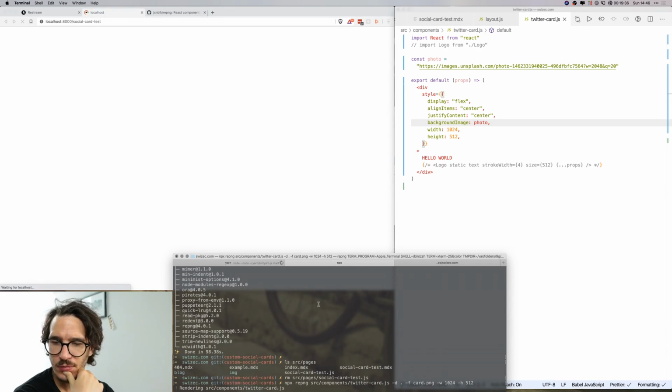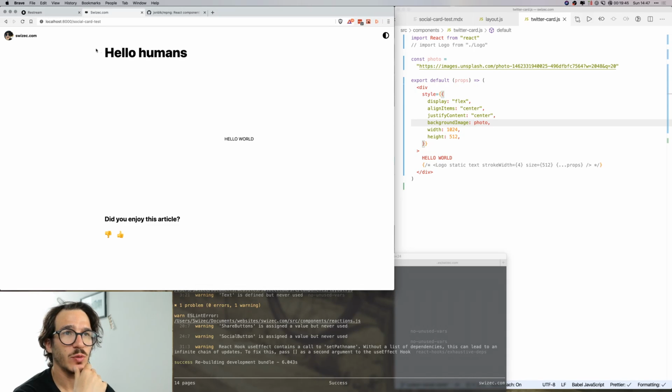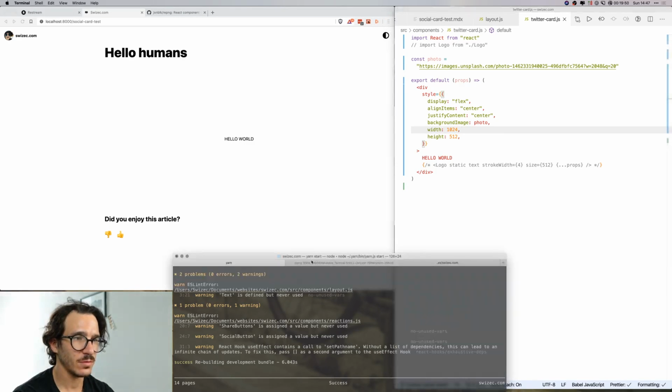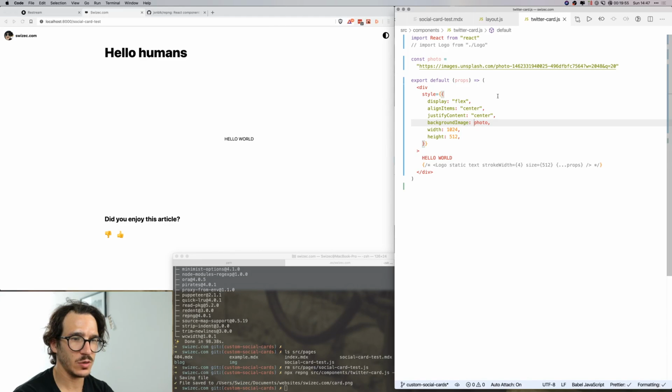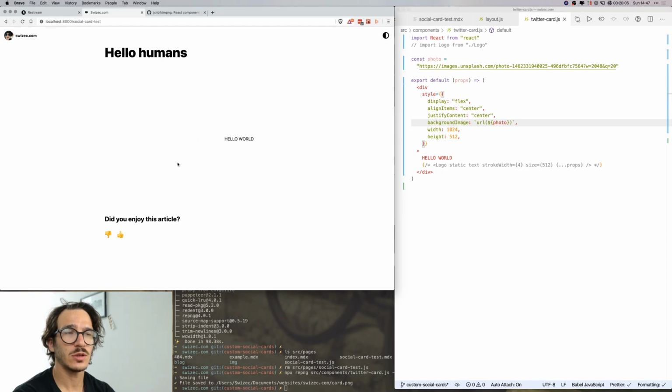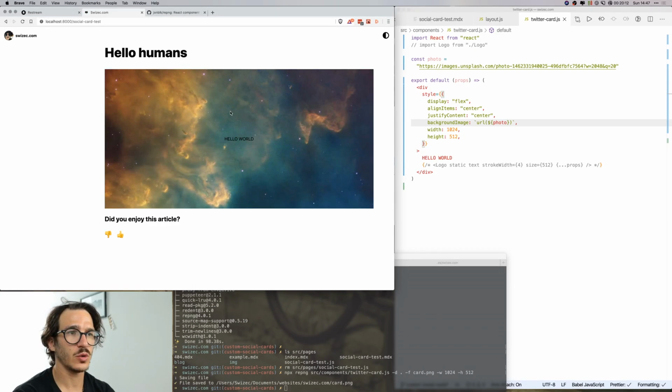Come on, computer. Okay, might be doing too much. Oh, cool. So we have the card that says hello world. That's awesome. And here this needs to be URL of the photo. That way it's gonna look better. So this should now reload. No? If I reload the page, will it reload? And okay, cool. So we've got